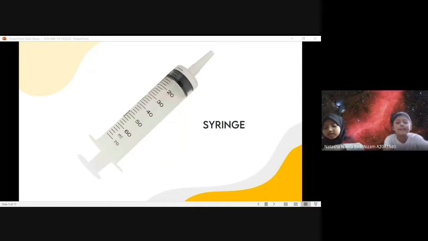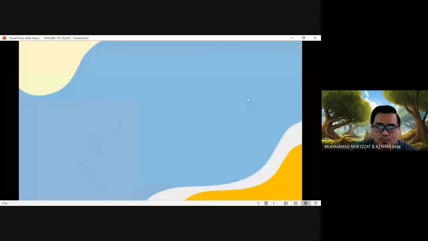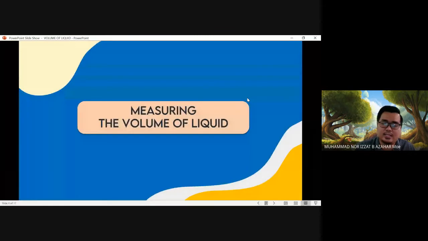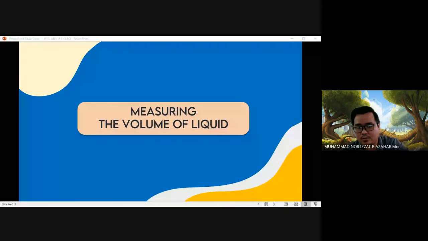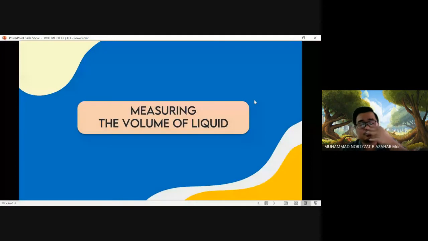Okay. So, how to measure the volume of liquid? Ini cara kita nak dapatkan isi padu cecair yang tepat. Volume of liquid yang tepat. Kalau kita beli botol, yang ni normally dikatakan 150 ml. But how can we make sure it is 150 ml? Cara kita nak pastikan. So, in these steps, I'll show you how to measure the volume of liquid using